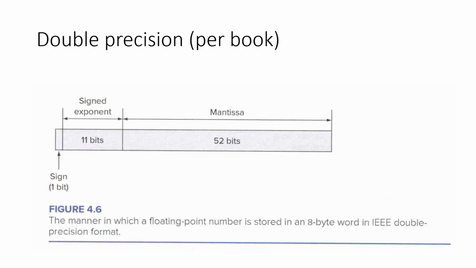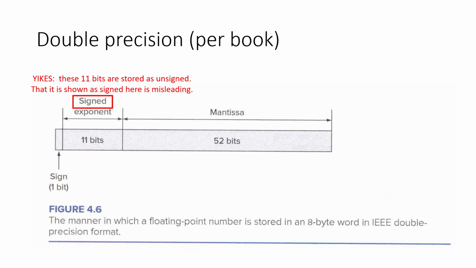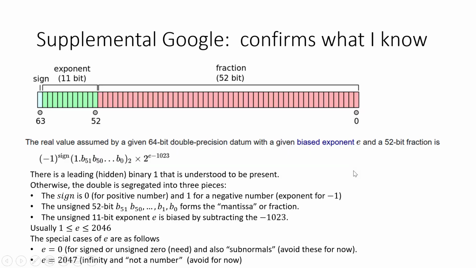So double precision, or 64-bit IEEE, is made up of 64 bits. There's one sign bit, there's 11 bits for an exponent, and there's 52 bits for a mantissa. And when you sum that up, that's 64 bits. So that's double precision for a floating point representation in binary. That the exponent is identified here as signed is a little bit misleading, as you will see in just a moment. What I did is I spiraled out from the book and looked for some other sources,